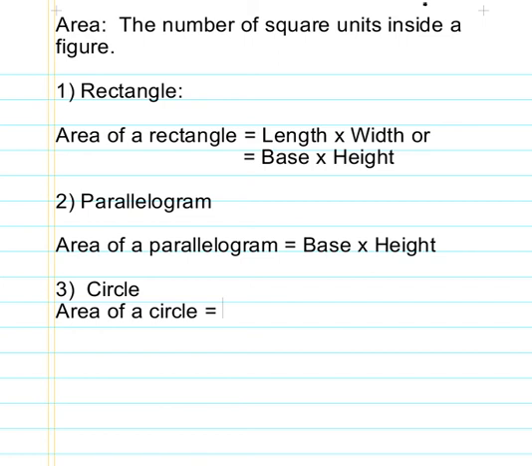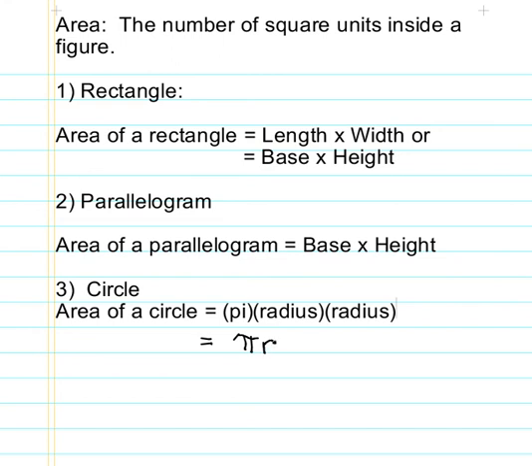And through some substitution and some work, we found that the area of a circle is really found by taking pi times the radius times the radius. Or we said that really the area of a circle, and I'm going to try and use my pen here, let's see if this works, is equal to pi